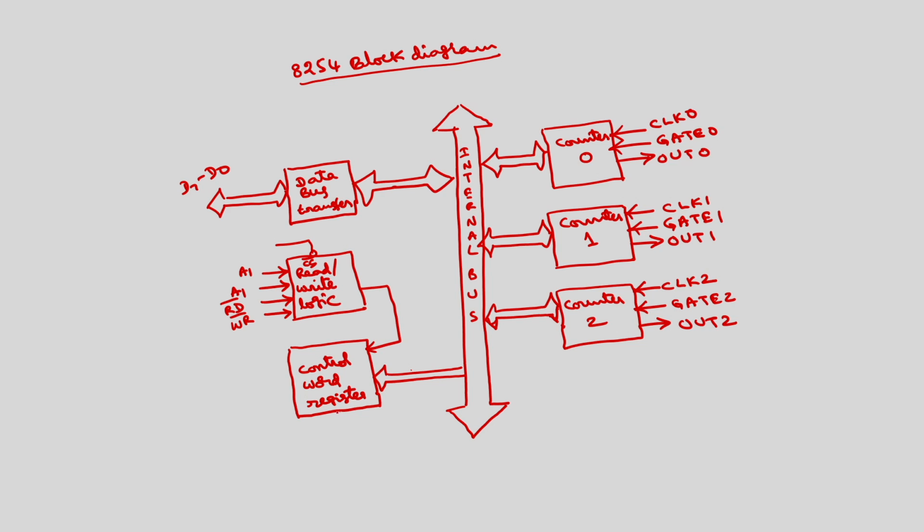So, this control register will control all the counters; there will be a connection to all the counters. This is the complete block diagram of the 8254 timer. Here also we have 9 signals, then 8, 17 signals, 18, 19, 20, 21, and we have VCC and ground. So, total 24 signals.